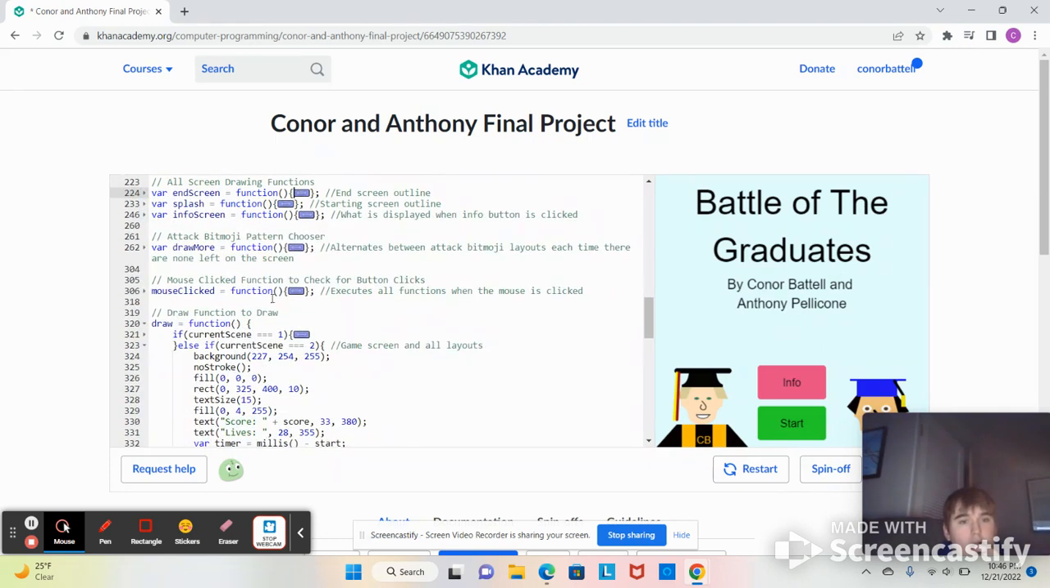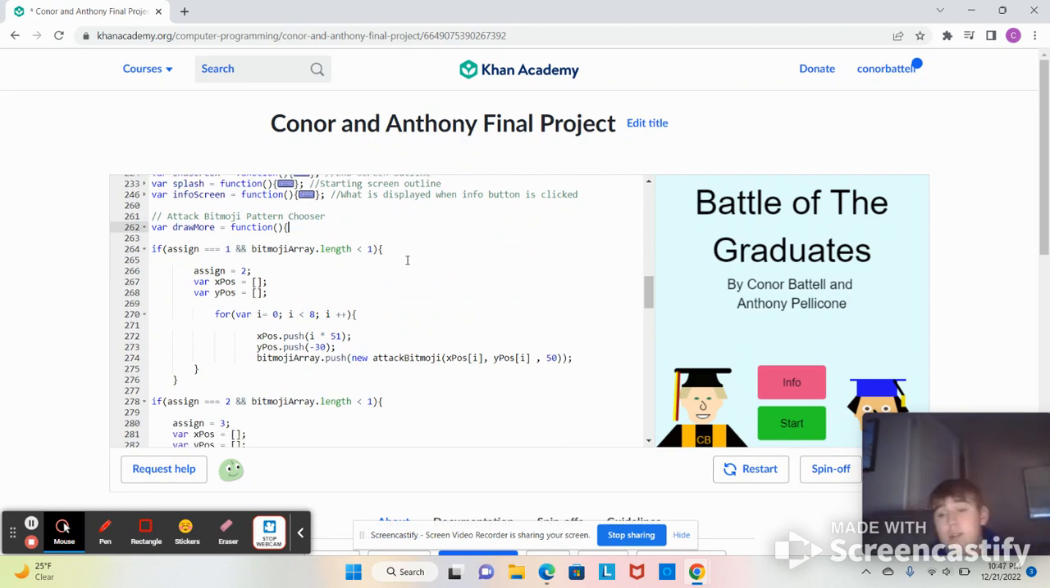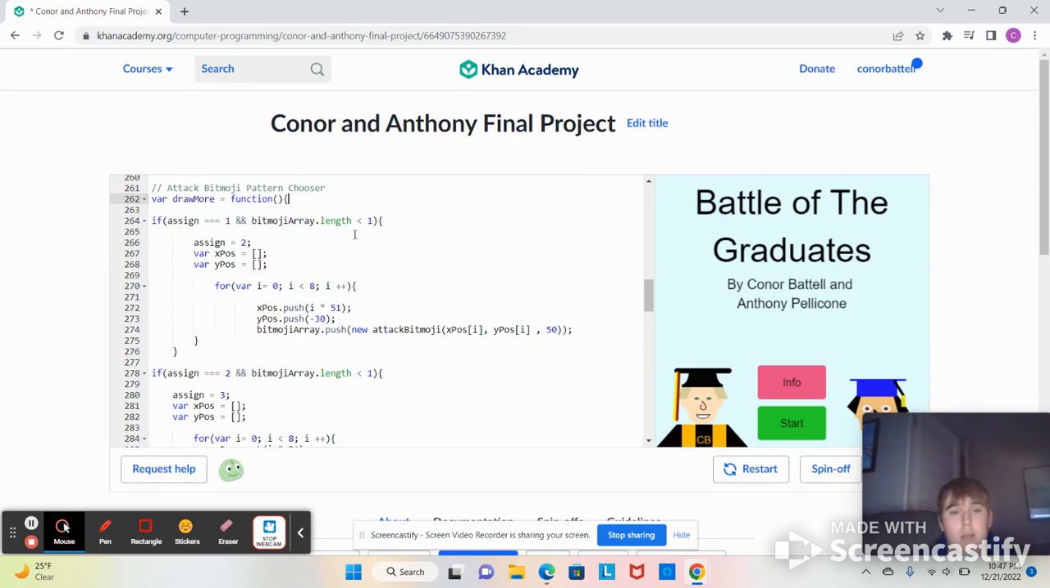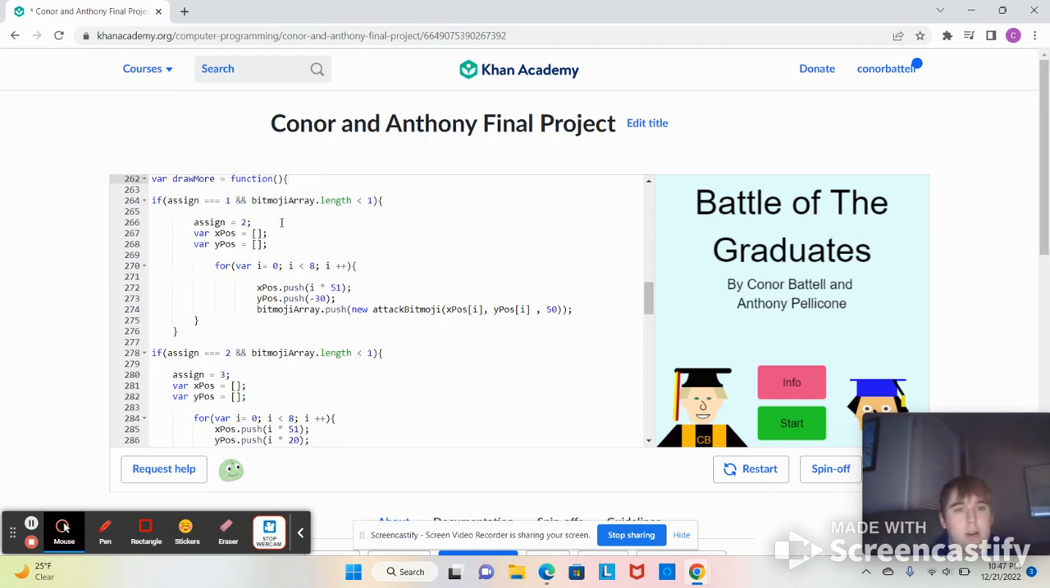And then right here we have the pattern chooser. So what this does, it basically says, if we showed you that assign global variable earlier, if assign is 1 and the Bitmoji array length is less than 1. So basically it's saying if Bitmoji array length is 0, which means there's no Bitmojis left on the screen anymore, then it should be choosing a new pattern, which is why we have that parameter in the if statement, because we don't want it to send new Bitmojis if there's still some